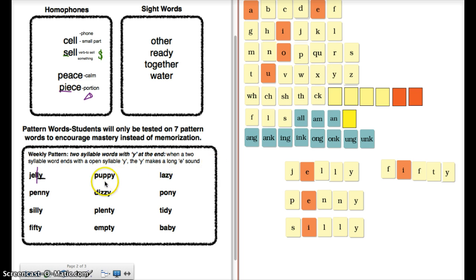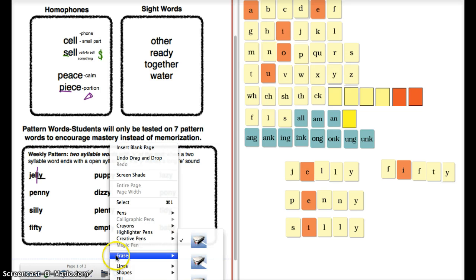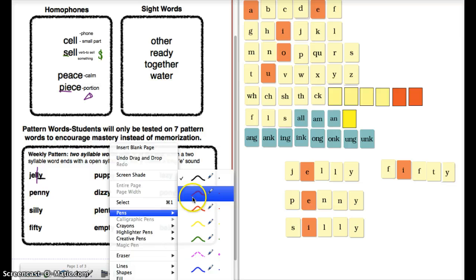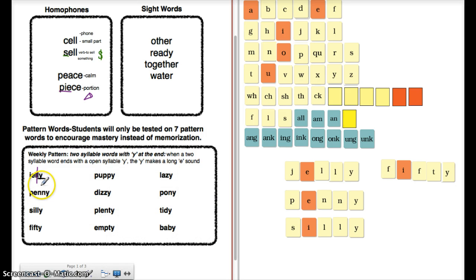Okay? Second row is exactly the same. Puppy, you hear that P in both, so make sure you put a P in both. Dizzy, you hear the Z in both. Plenty, do you see where that break is? In fact, let's go back with our pen and quickly separate these syllables. You do it with your pencil. Penny, silly,